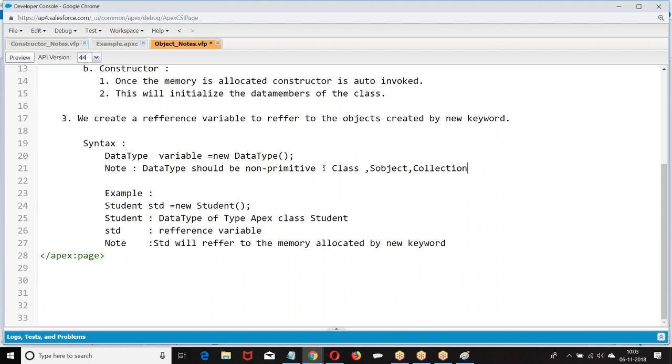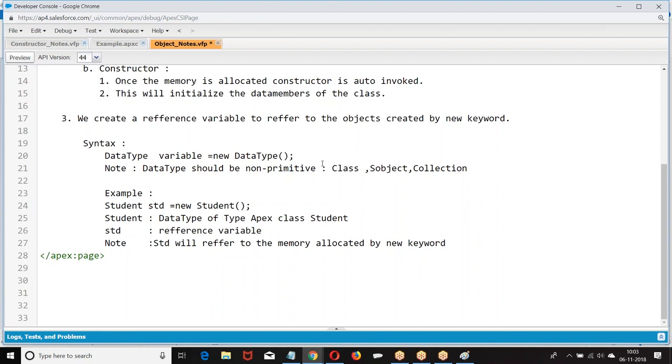Now, at the end of the day, I want to create a variable. That variable should have a data type. That data type can be a primitive or reference. If it is a reference, class should be the data type. A reference variable will refer to a location. Create a location, refer to that location. I hope you are good.